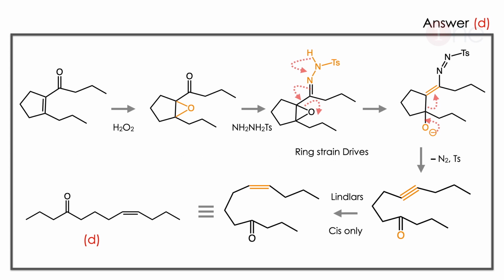Answer is D. This kind of problem is only solved if you know the conversions very nicely. So the first step is the use of hydrogen peroxide. So the epoxide formation is there. Hydrazine attacks the carbonyl carbon. Then what will really happen? The nitrogen is very much unstable there. It donates the hydrogen, forms the double bond near the ring there.